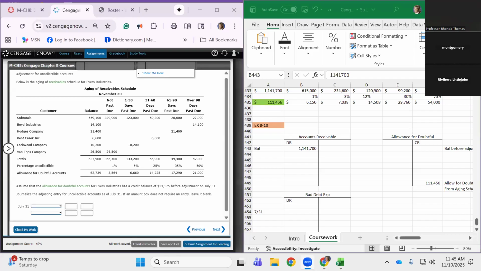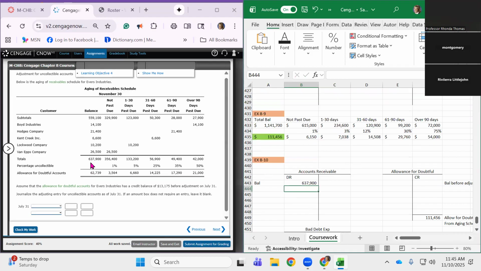All right. So now we're getting ready to do another aging the receivables calculation because we have the allowance. Let me put in the total for accounts receivable from this problem: $637,900. When this is finished, we want 62,739 in this allowance. That's the balance we want it to have. Now we're going to assume that the allowance for doubtful accounts has a credit balance of